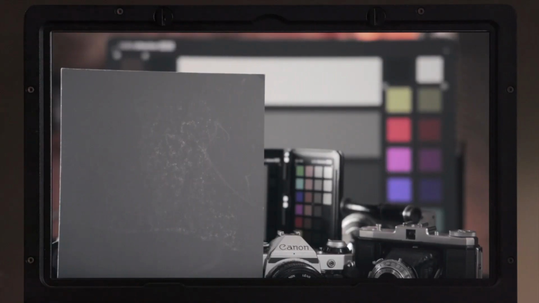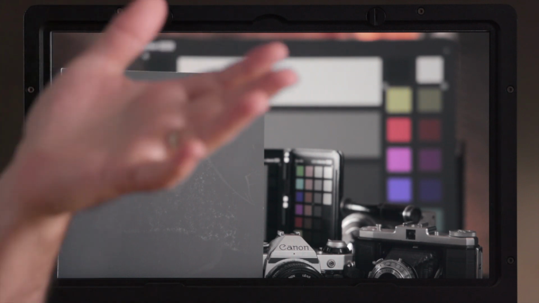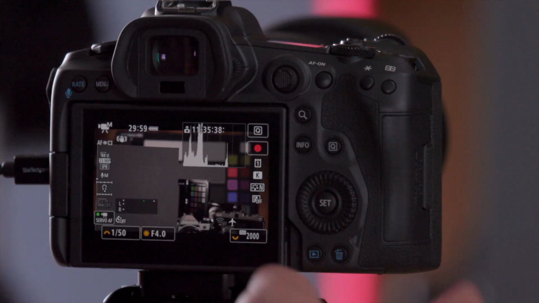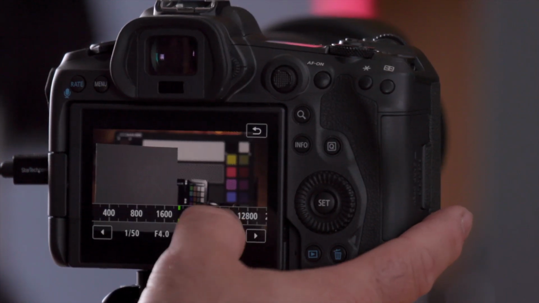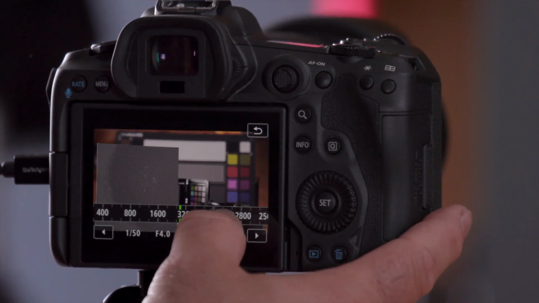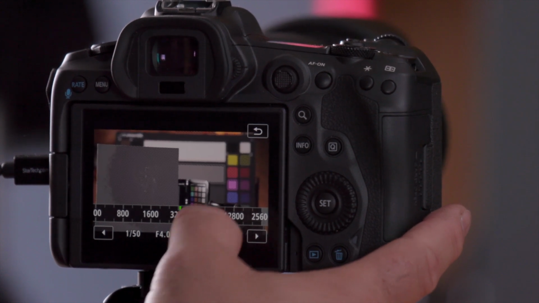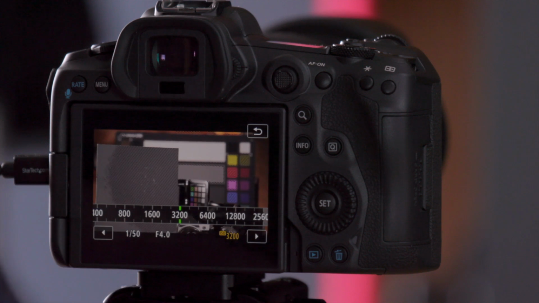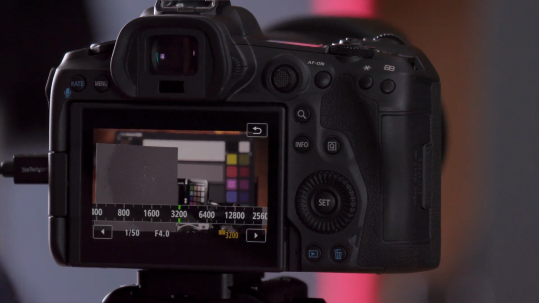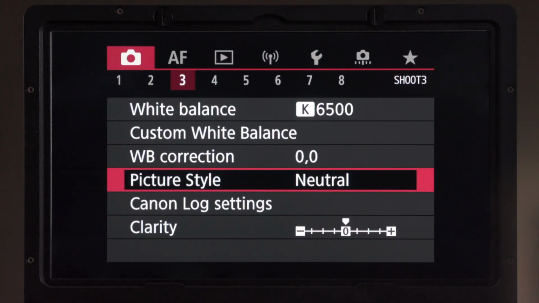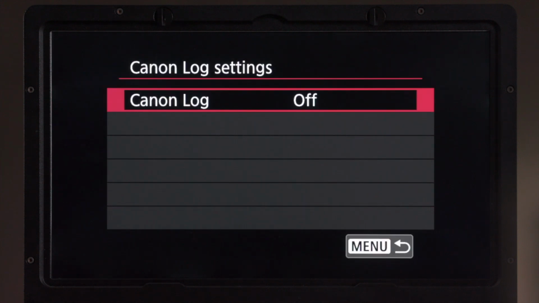So you can see here when I have that gray card directly pointed at the lens when I am side keying, or light's coming from the side, that when I start to increase my ISO in this situation, those zebras are going to show up at a higher exposure than when I have that gray card pointed in the right direction. Now, if I go back into the menus here and I turn Canon Log on, then